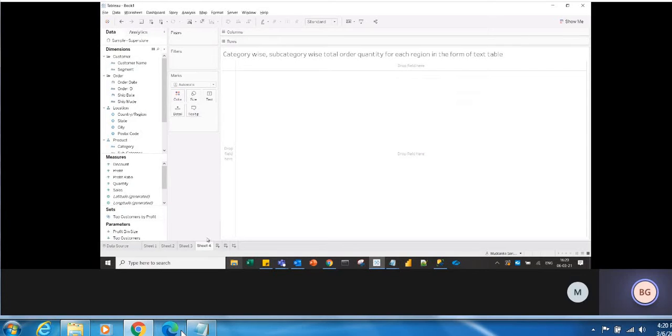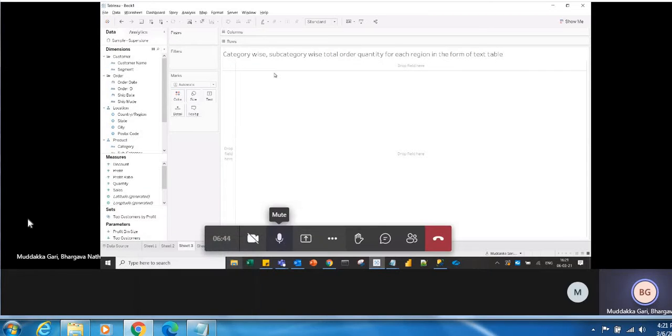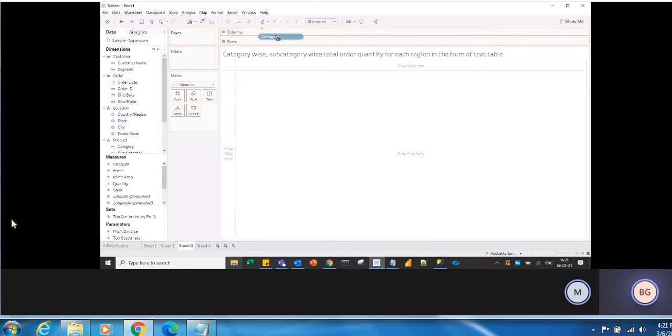First, let's see how to do it using nested table. What are the dimensions we need to drag? Categories. So let's drag the category into rows. Subcategory: drag the subcategory into rows again because it is a nested table.